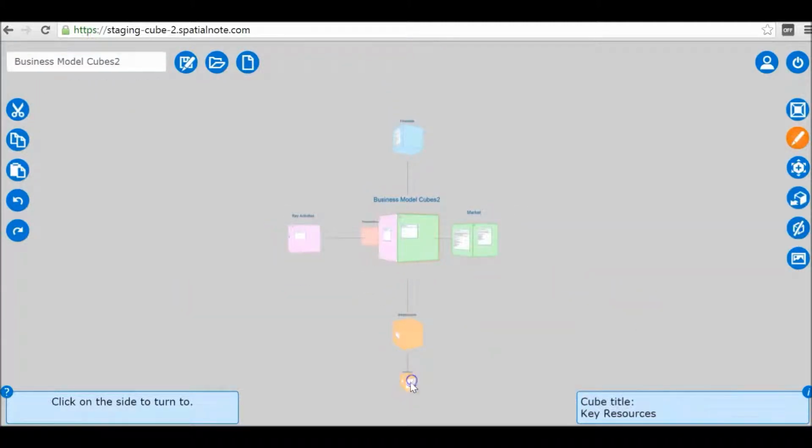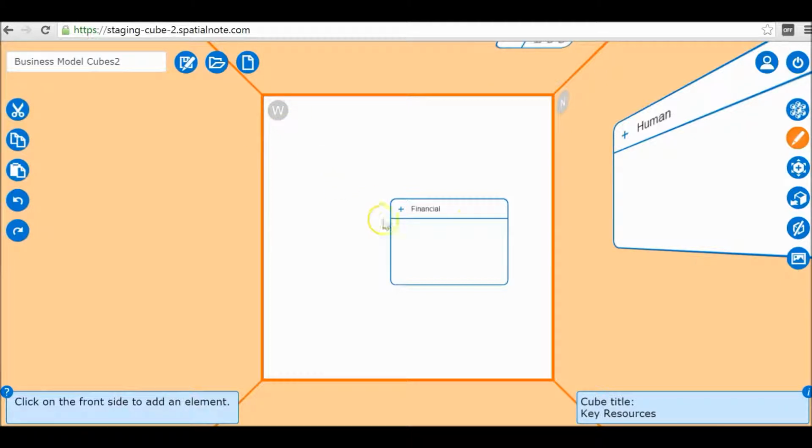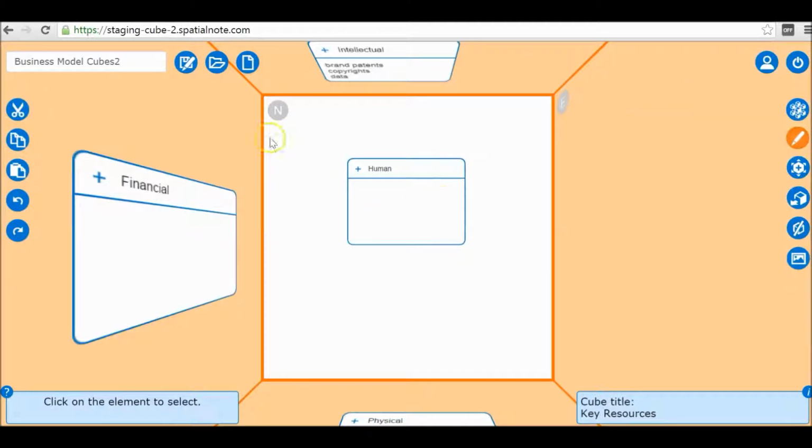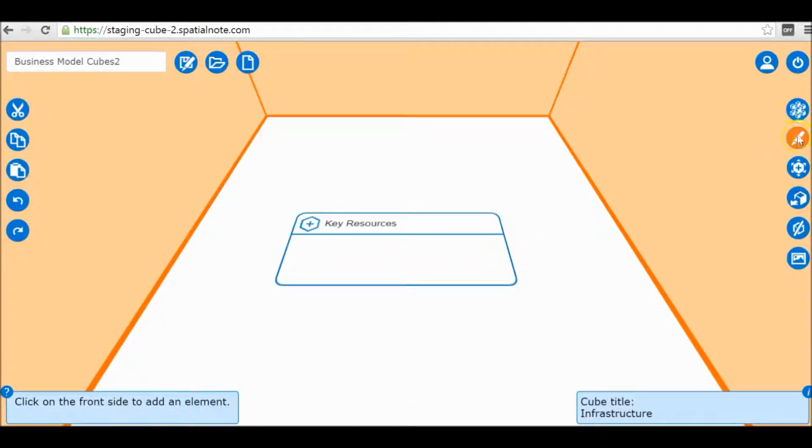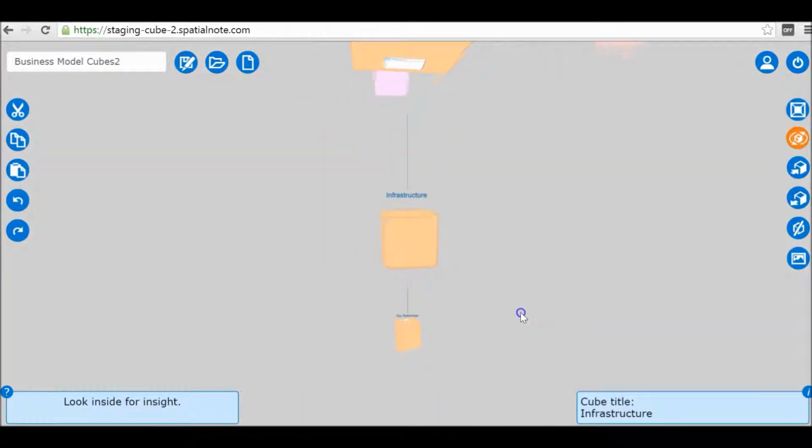So we know those things with resources. I know that on the west wall I'll see financial info, financial resources. On the bottom one there will be physical resources, there will be human resources on the north face, and on top I'll see some intellectual ones. Let me check myself. So on the west here are financial, human. On the north, intellectual here, physical below. So I don't have any huge mistakes here,